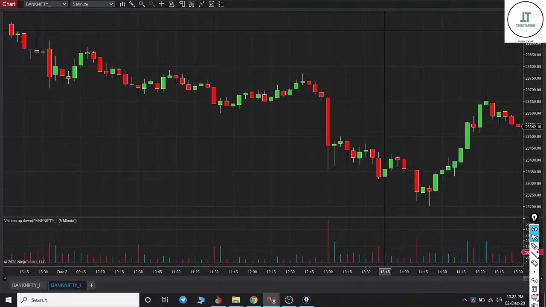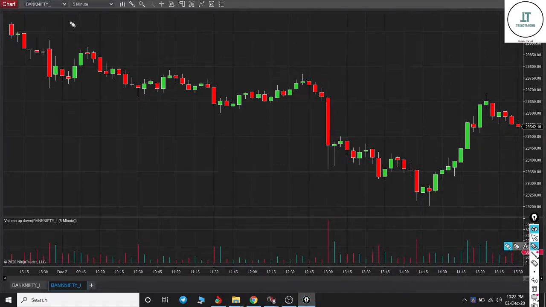In this section, we'll discuss an example of understanding the trend by comparing two different time frame charts. First of all, look at this Bank Nifty's 5-minute time frame chart, in which, if I'm not wrong, this is the first tick of the market. From morning, this was a big red colored candle.